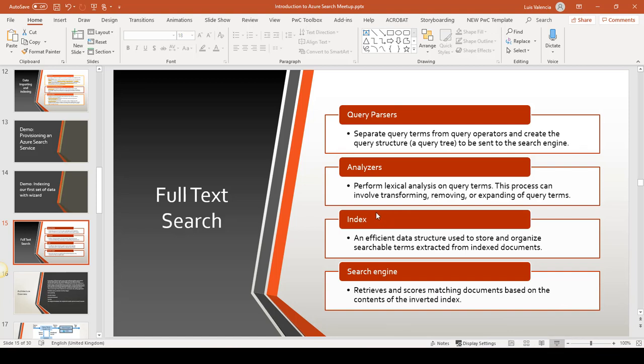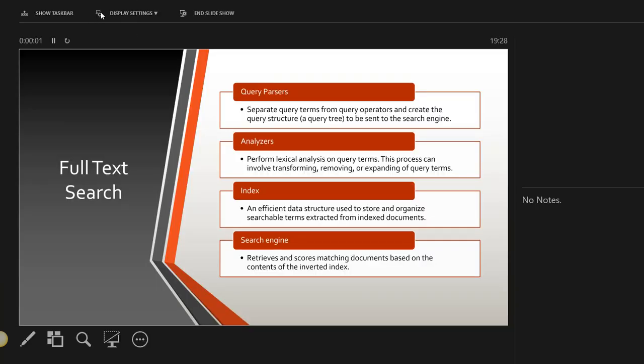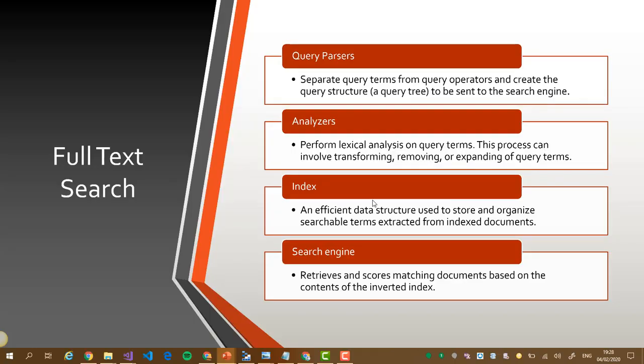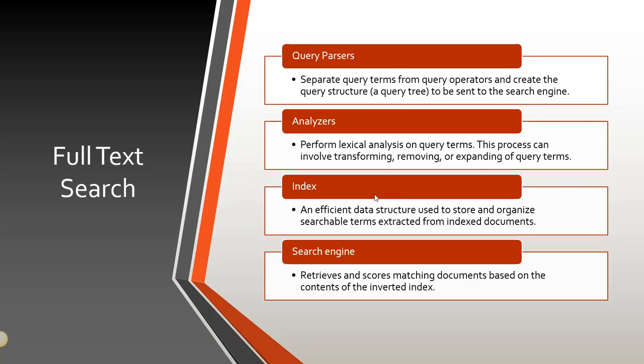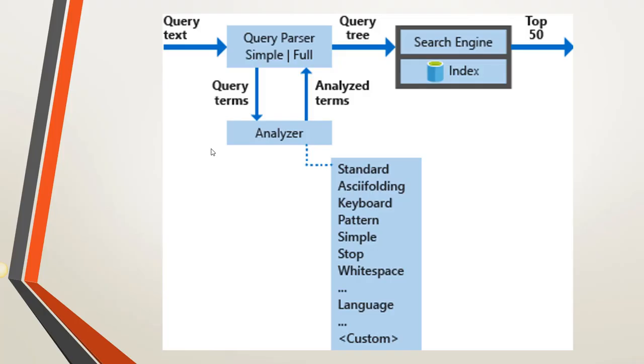So let's talk a few minutes about full text search and the architecture. The architecture for the search is really simple. The user types something, then there is a query parser which will analyze and get the search terms,